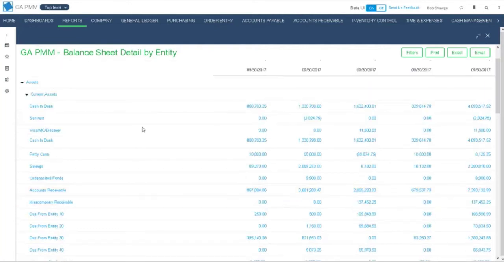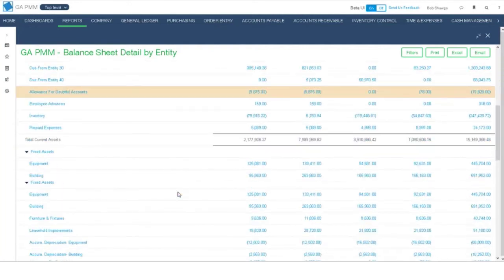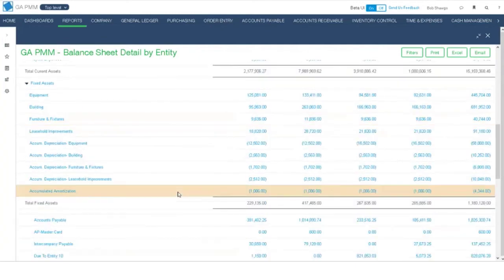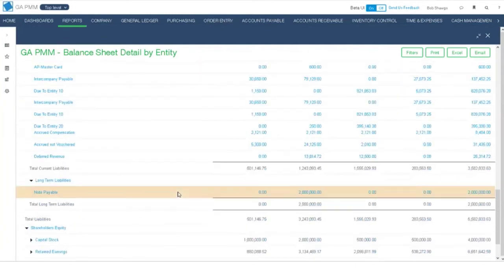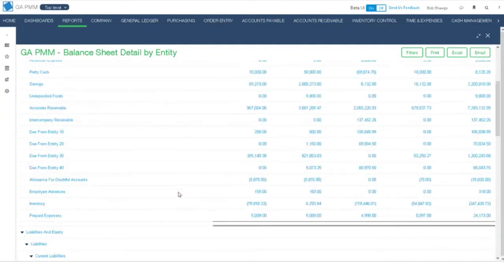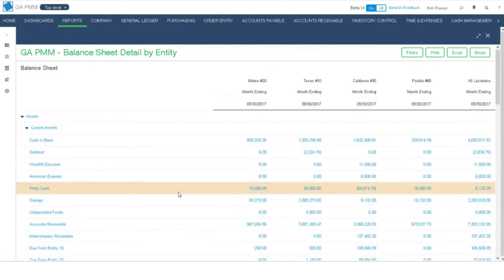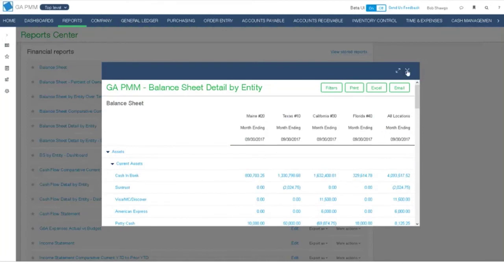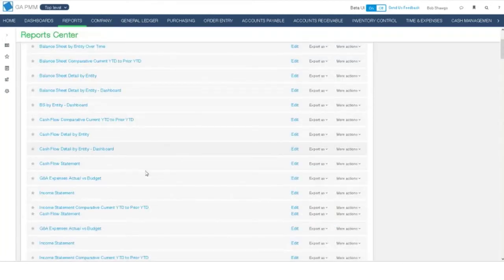So I've got my current assets, fixed assets, liability, and equity, and so on. And I can look at this balance sheet, and this is current up-to-date numbers because everything's flowing into the system, and this is calculating everything on a current basis. So I can look at different things. I can also look at